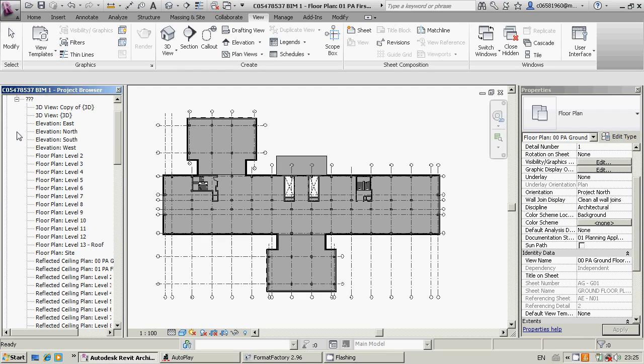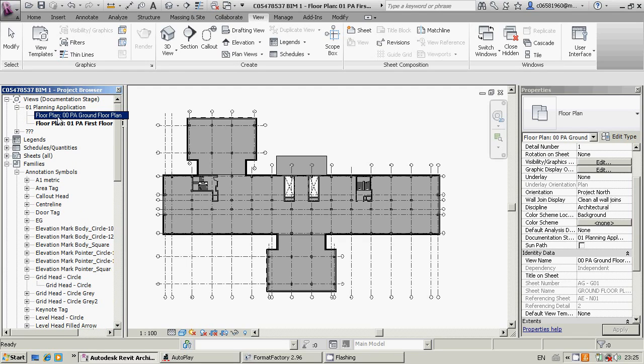Okay, and there's our two plans. Now at the moment all the rest of our drawings are in as question marks, because I'll show you, we're going to fix that now. So